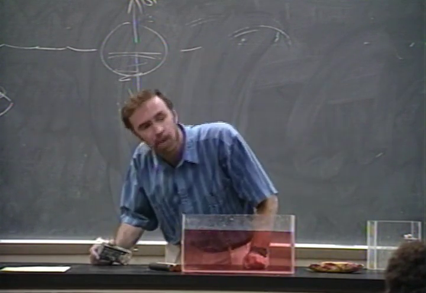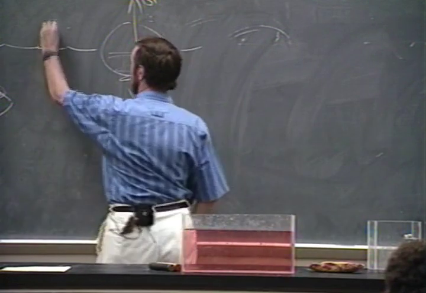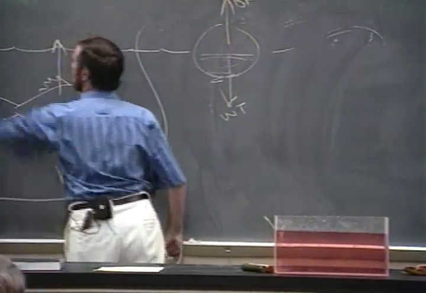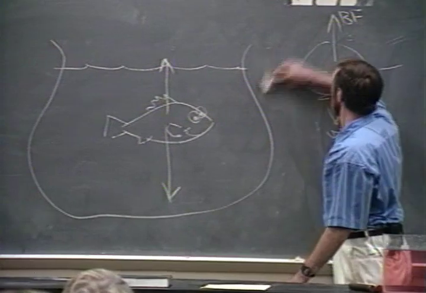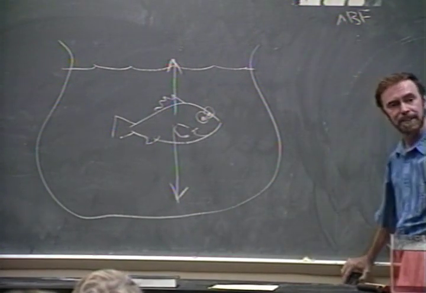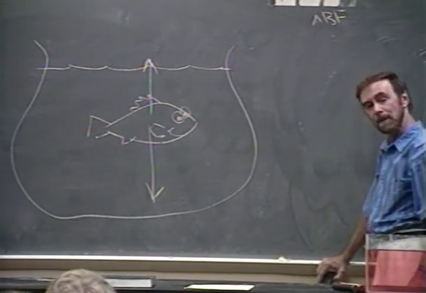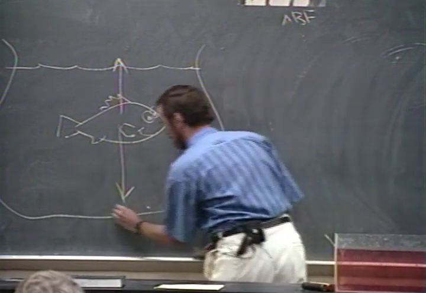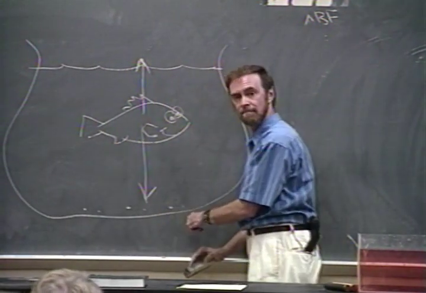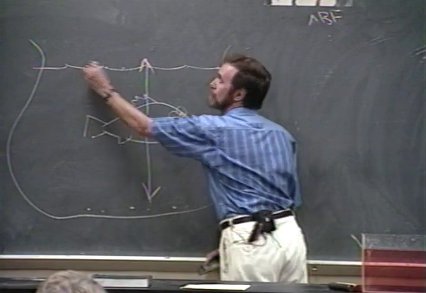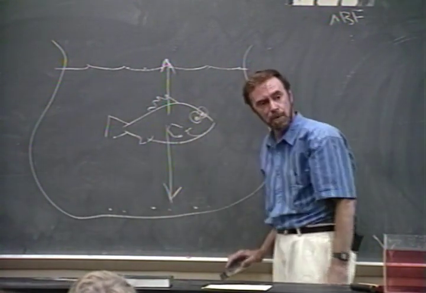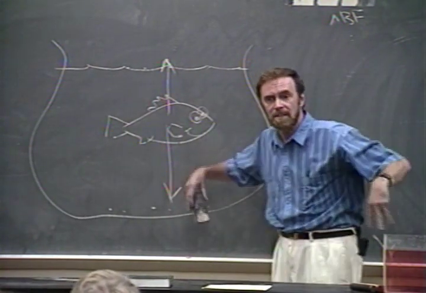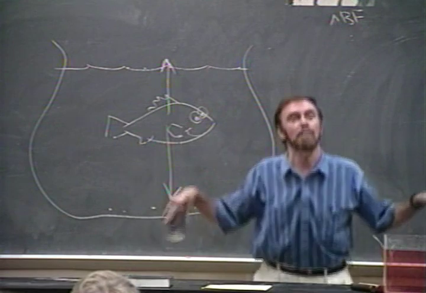I got a question for you. Here's our fish. It's in a bowl. It's our pet fish. We like that fish. We find out that when we feed that fish, the fish goes right to the food. If we put the food in the bottom, the fish goes down and gets it. Put the food in the top, the fish goes up. How does the fish go up and down? It takes its flippers and goes down like this and then goes back up like this, right?